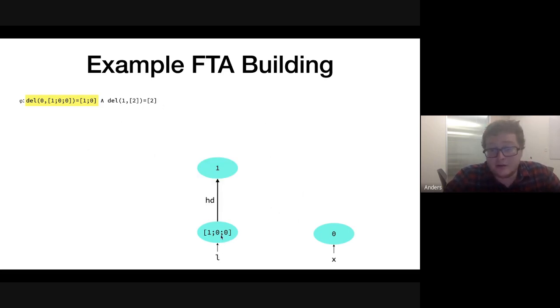I've got this list, it can return this. The head of that is 1, so that means if I have the program head of L, that would be just the return value 1. I can also extract the tail of L, so it gets 0, 0. I can actually extract the head of 0, 0, and it gets to 0.